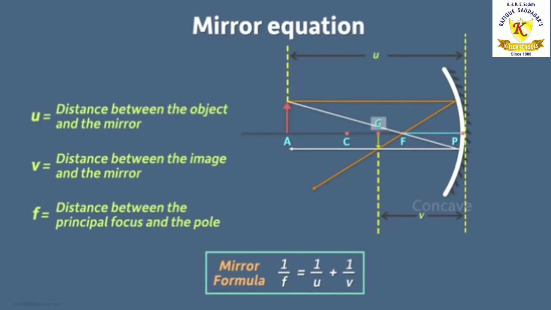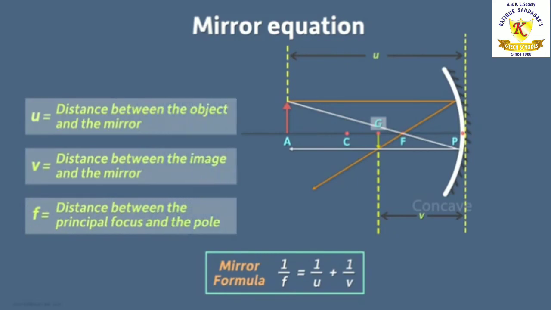This distance is equal to F. Note that all the distances are measured from the pole of the mirror and not some other point on the mirror. So from the equation you can see that it gives us a relation between the object's distance from the mirror, image's distance from the mirror, and